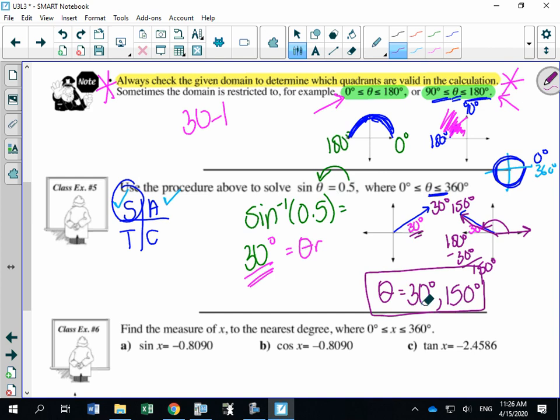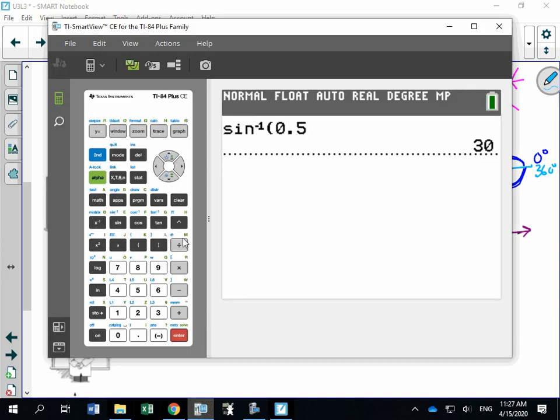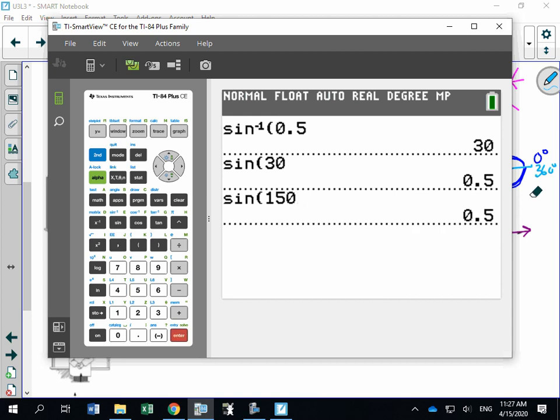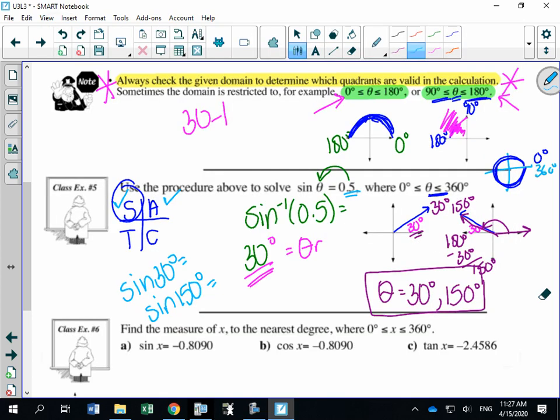Could you check this? Yes. We just got that theta is 30 and theta is 150. If you wanted to check this, you could type on your calculator the sine of 30 degrees, and you could type in the sine of 150 degrees. And let's see if we get 0.5. So the sine of 30 degrees and the sine of 150 degrees are both 0.5. Okay,